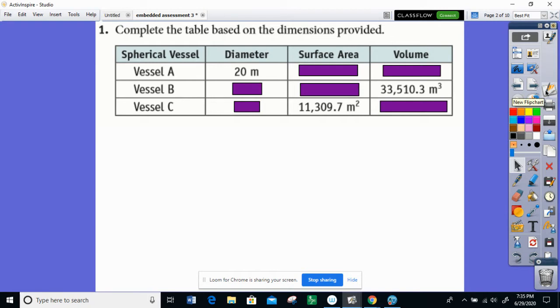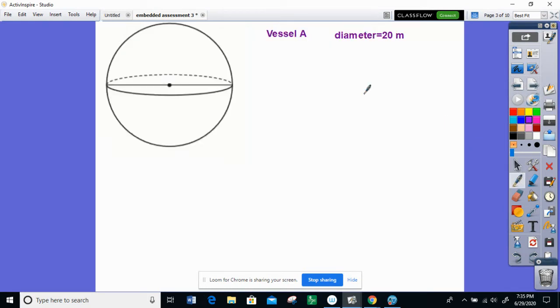Okay, so in number 1, they want us to fill in some measurements, either the diameter or the surface area or the volume, depending on what's given to us. So we'll start off with a pretty easy one. For vessel A, they tell us that the diameter is 20 meters. So if the whole diameter is 20 meters, that means that the radius is going to be half of that,